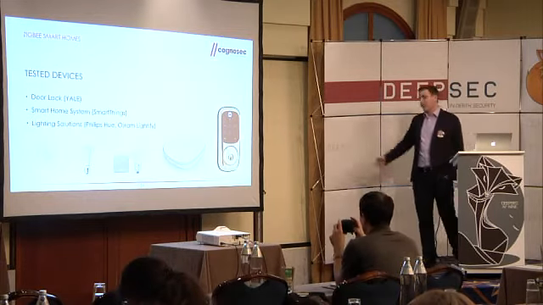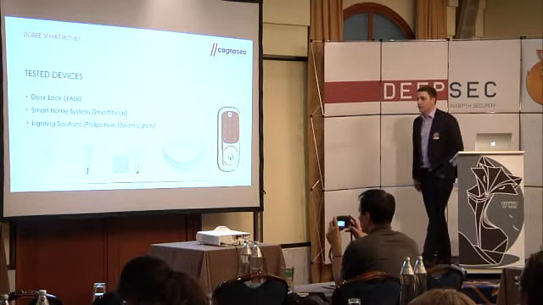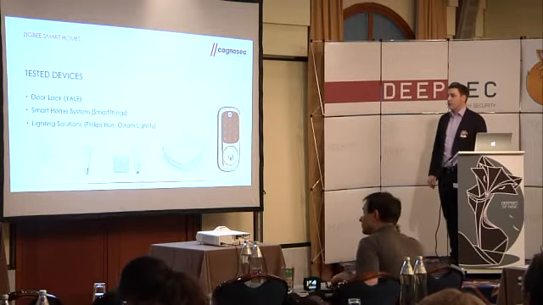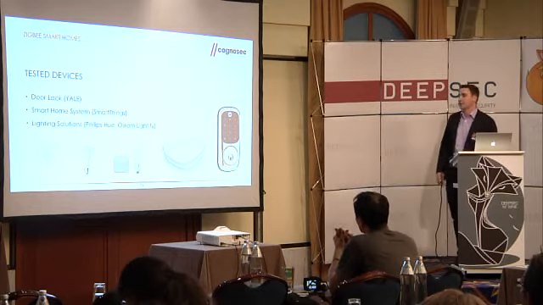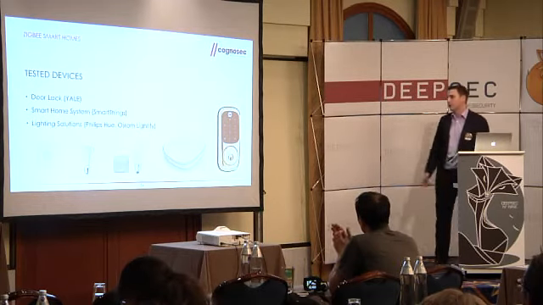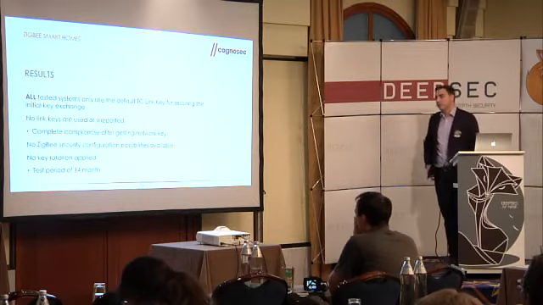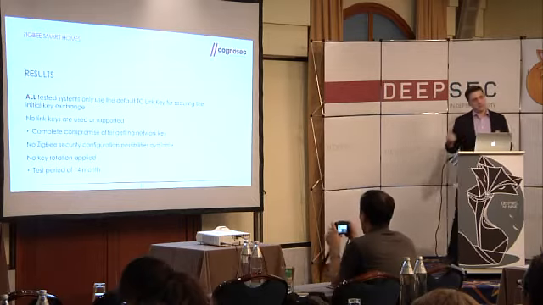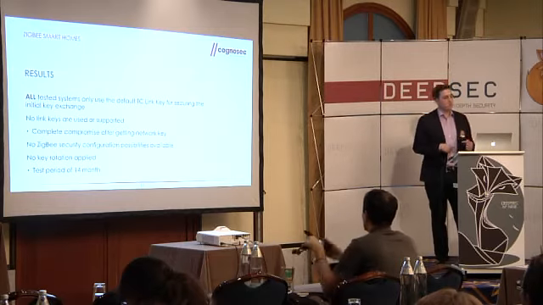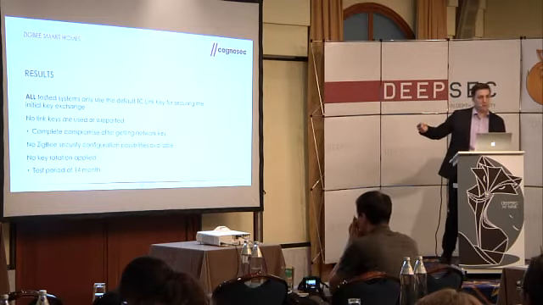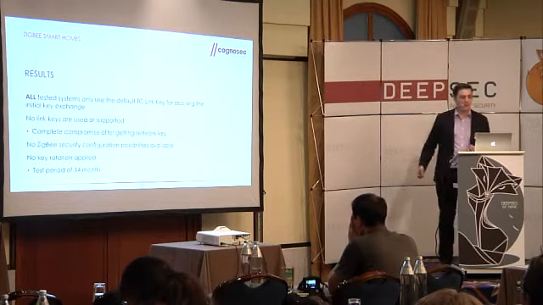So we tested a lot of different products, like the door lock we have there from Yale, a popular smart home system, SmartThings, which I also use at home, and some light bulbs for better visibility, Philips Hue and Osram Lightify. The results were very interesting, because they all use just the default trust center link key for the initial key exchange, and they don't support link keys, so they don't support encryption on the application level. This means when you get the network key, you compromise the whole network.